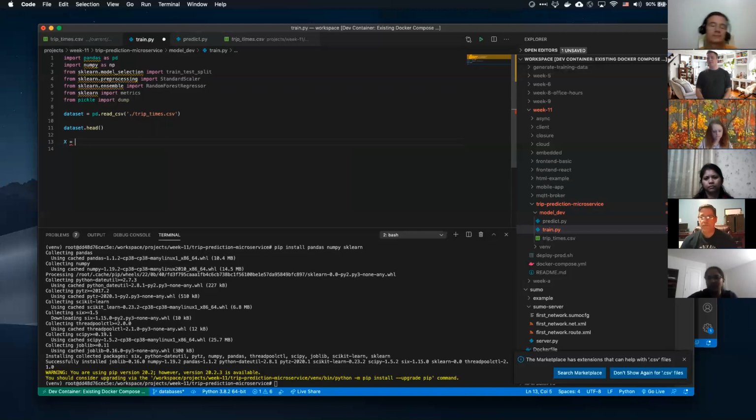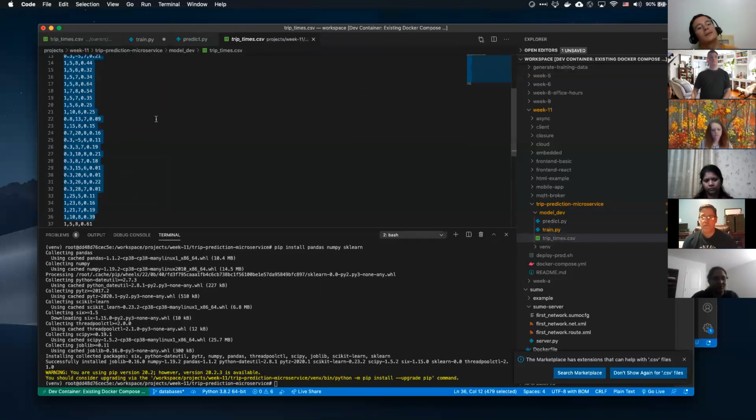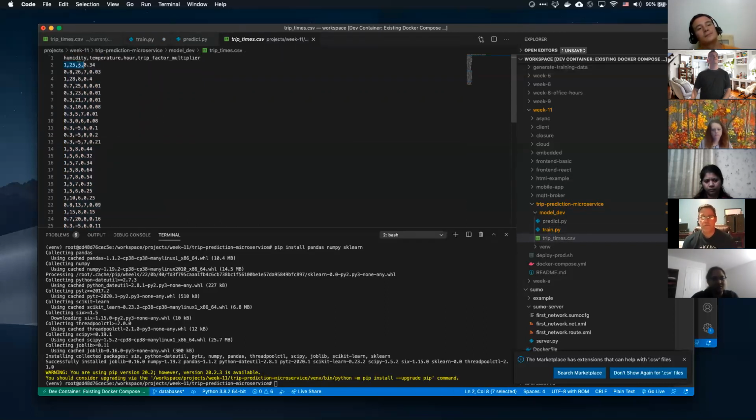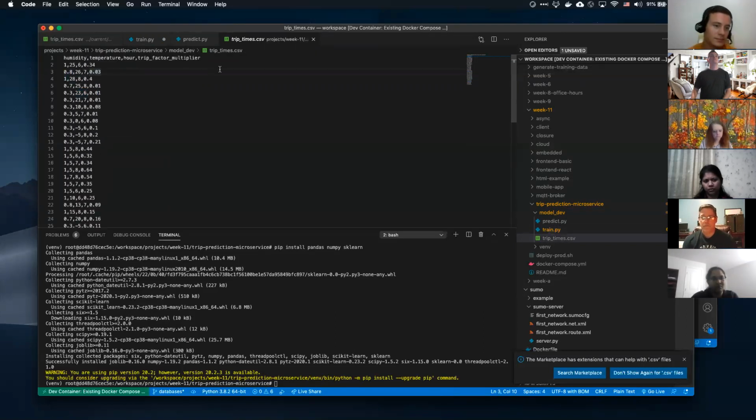So we're going to say a capital X, and our data set is a pandas data frame. If we look at this, here's a matrix, just a matrix of numbers, a 4 by whatever 38 without the header.